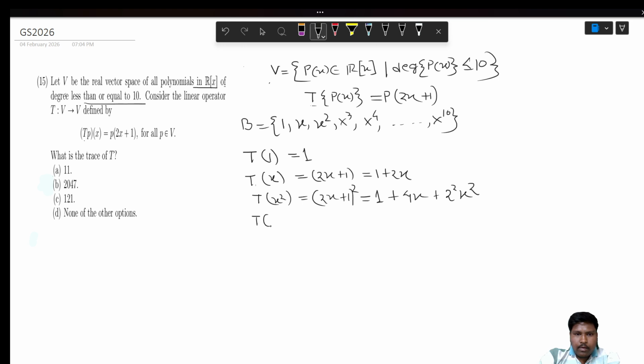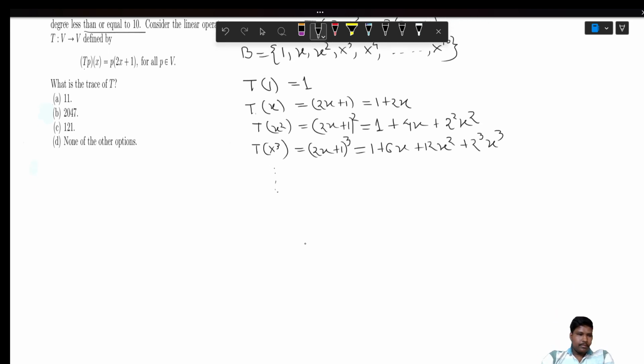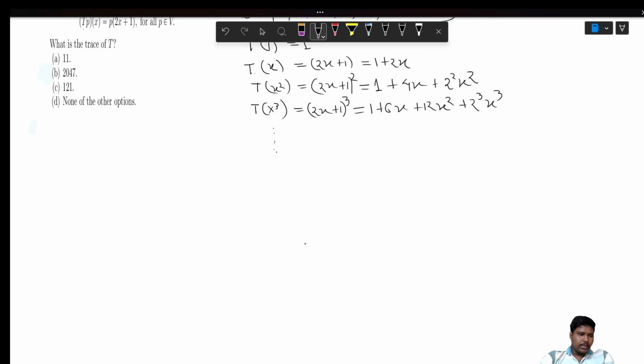Similarly, T of x cube is (2x plus 1) cube, which can be written as 1 plus 6x plus 12 x square plus 2 cube x cube. Similarly, it continues. Continuing this process, we see that the coefficient of